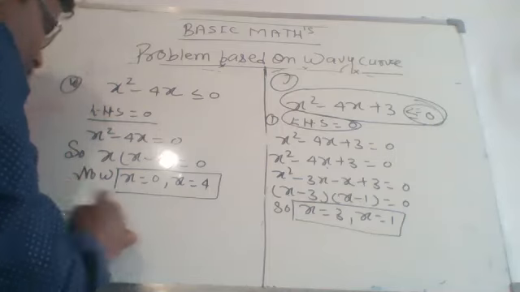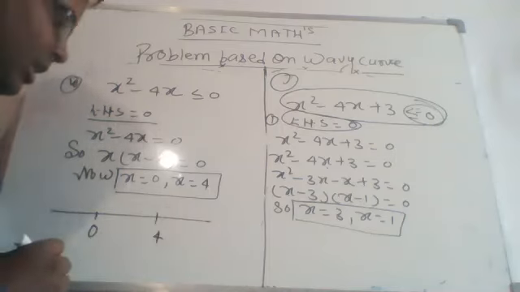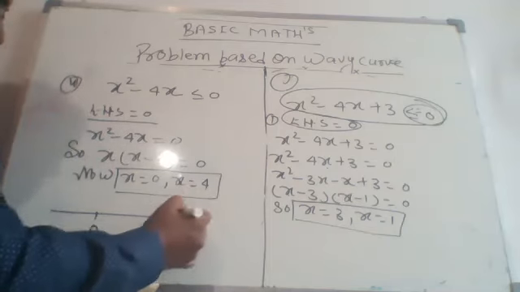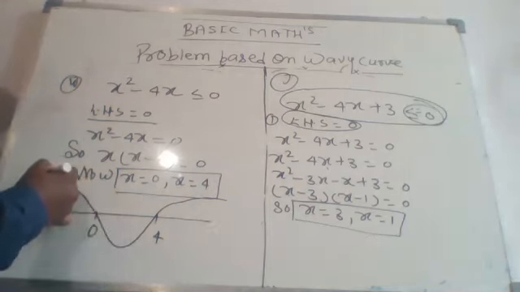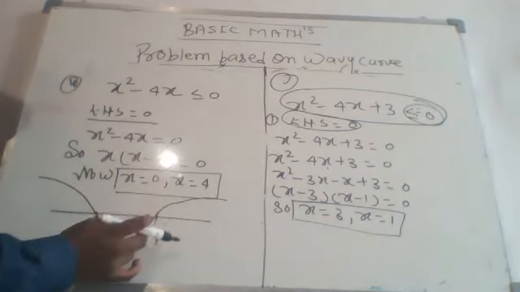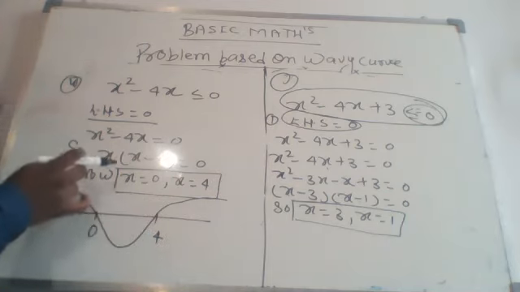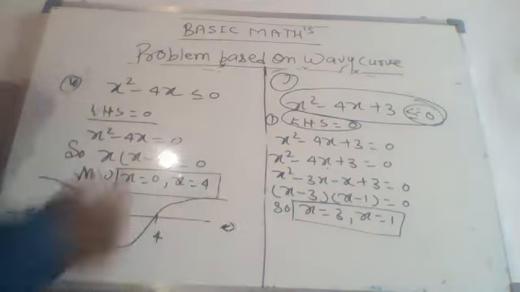After that we have to put the solutions onto the number line. 0 and 4 will come. After that we have to draw the wavy curve from right to rightmost solution and go to the number line. It is drawn like this. The wavy curve must pass through all the solutions on the number line. It starts, the solution came, pass it, then moves ahead, then the solution came again, it will pass from here, and after that moving up to minus infinity, where does it come from? From plus infinity.